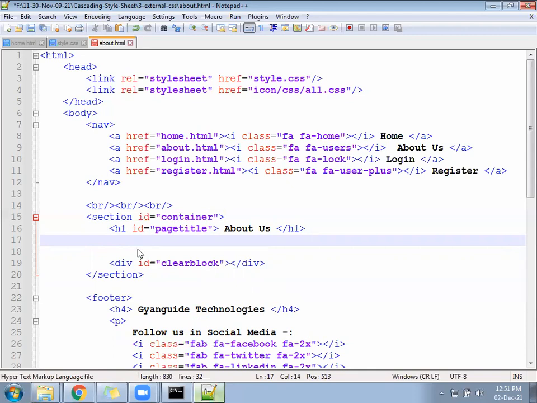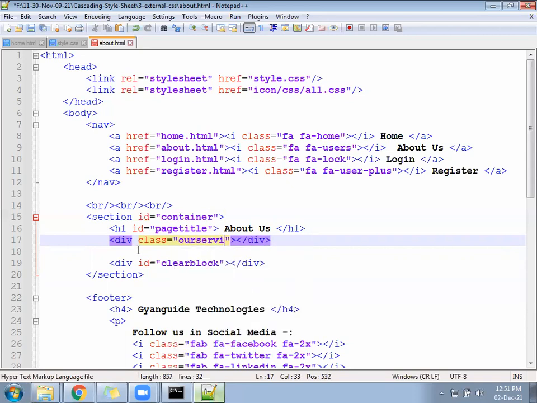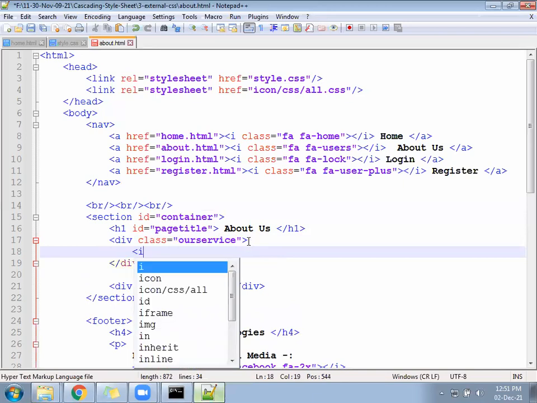You will write inside the division class equal to our service. Under the our service, there will be one icon.